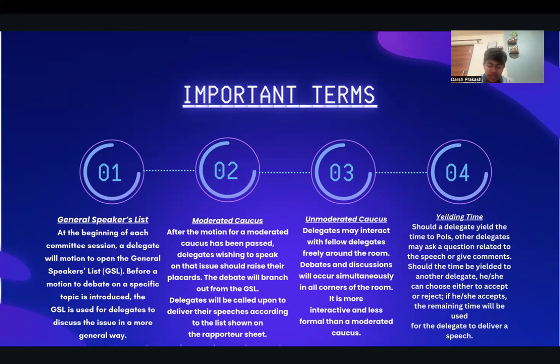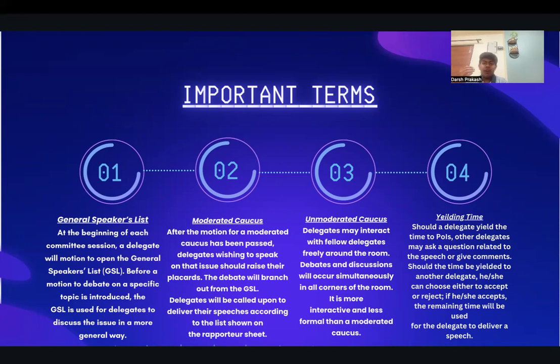So in this, what you need to do is, since it's an online conference, second edition of Affirmative MUN, you need to raise your virtual hands and the EB will recognize any one of you, right? And then you have to say a simple line. The delegate of XYZ country, in place of XYZ, you need to replace the name of the country that you are representing during the conference. For example, the delegate of India would like to establish the agenda.